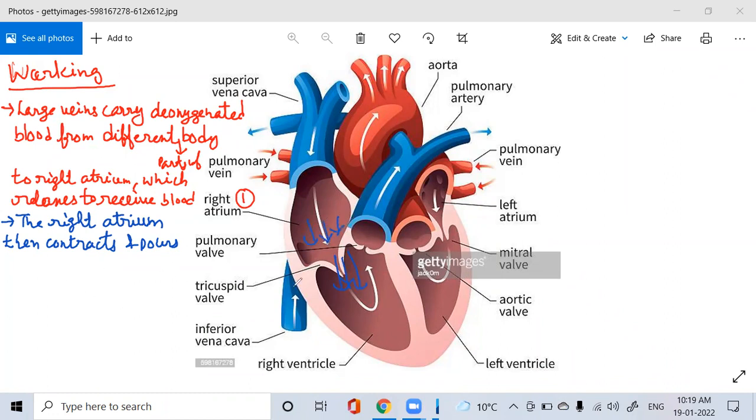This blue color represents deoxygenated blood. The right atrium then contracts and pours this blood